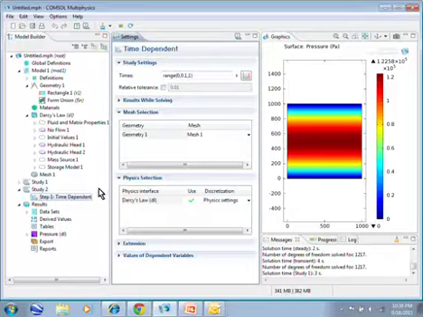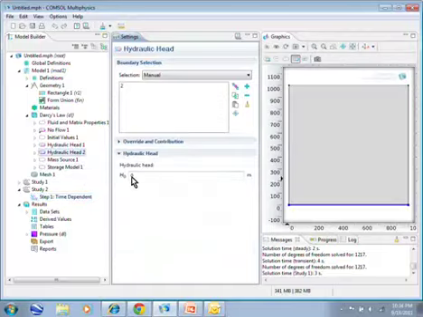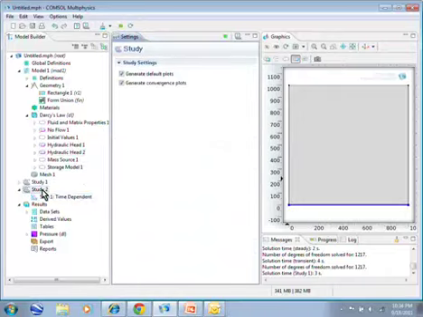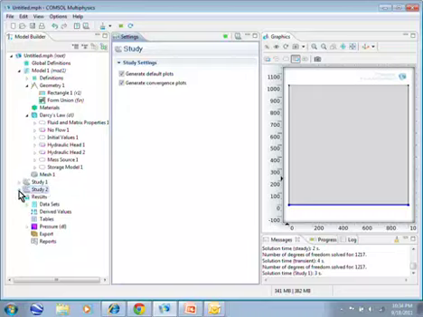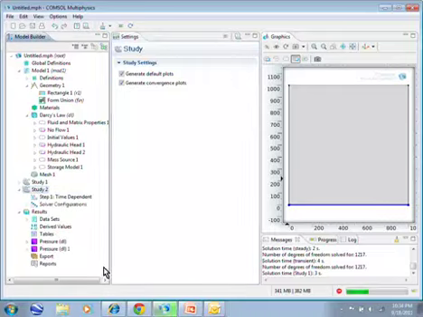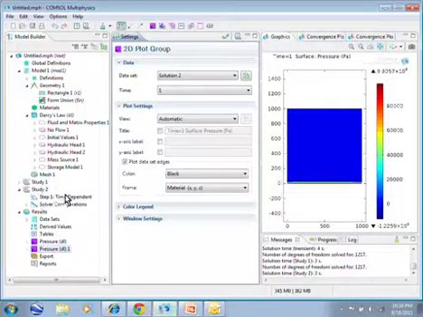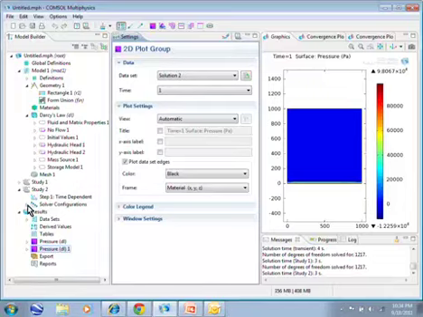So what we do is go back here to the hydraulic head boundary condition. We change it from 0 to 10. That will be the trigger for this transient wave that moves. And now we have to use the results from the steady state model, study 1, as the initial conditions for the time-dependent model. We need some more selections here, so what I'm going to do is just run this. This will populate the study with some other entries that we need. And now we expand it,